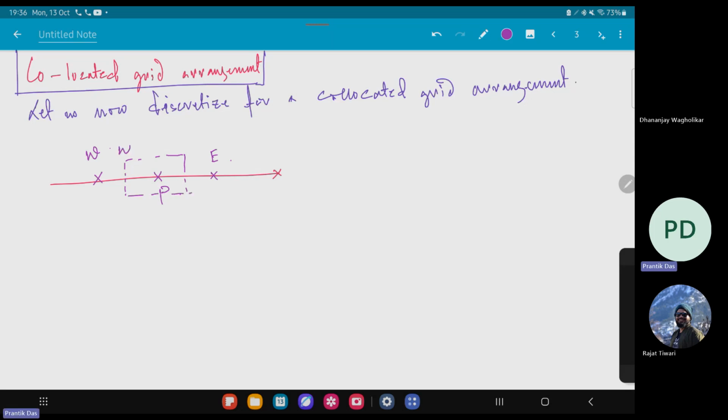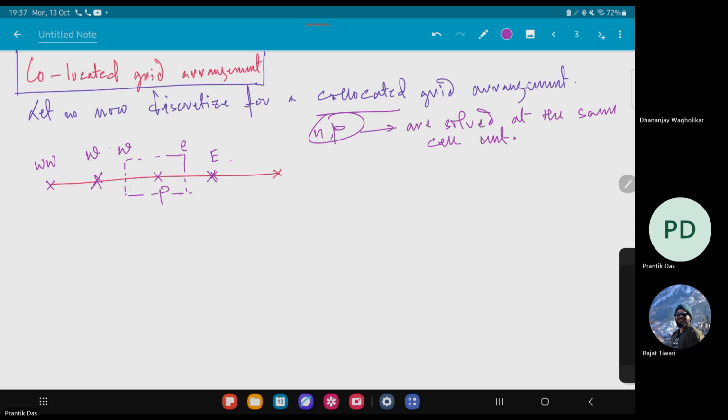This is small w and this is small e, and this is capital W. So this is WW. Since we are following a collocated grid arrangement, the U and P both are solved at the same cell centroid,